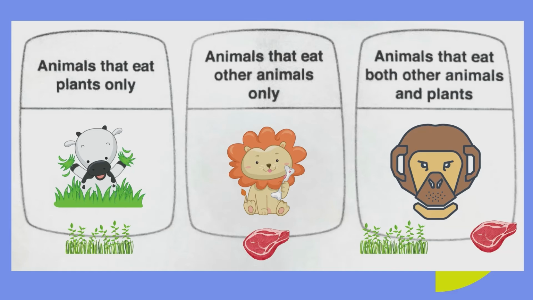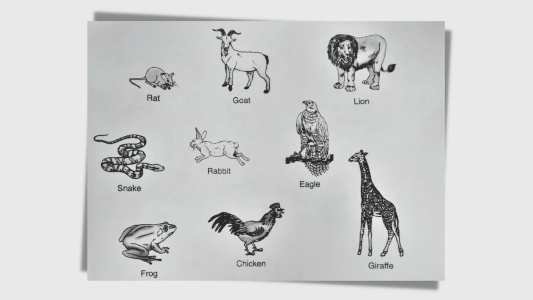So this example of an animal eats both meat, this one, and plants. Okay, let's proceed. So this one is a rat. Write the name of the rat onto the box that is provided. Okay? Next,